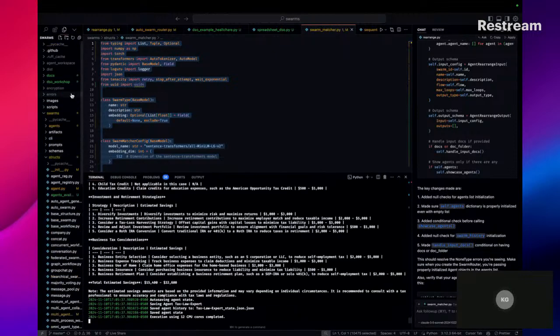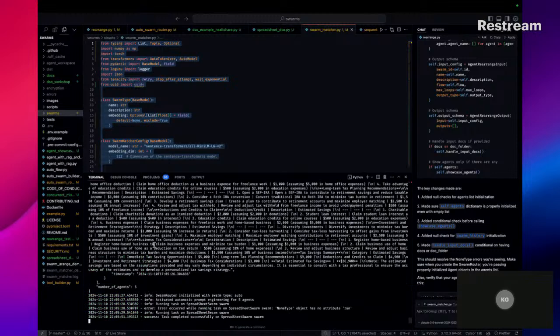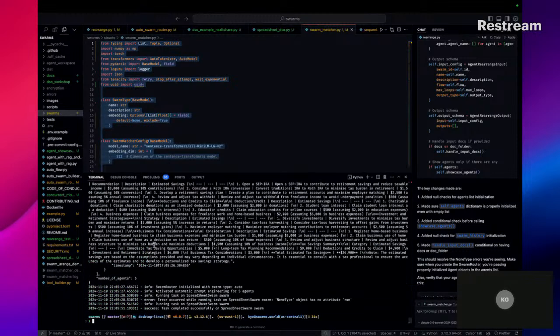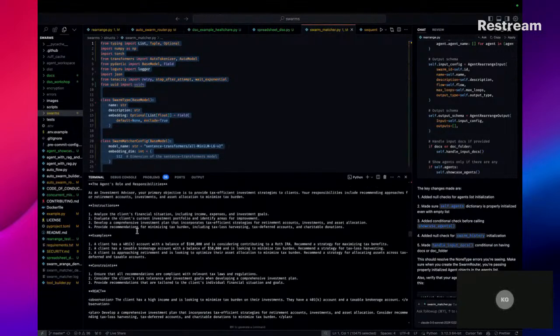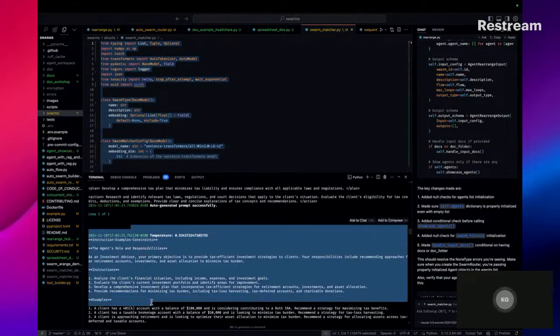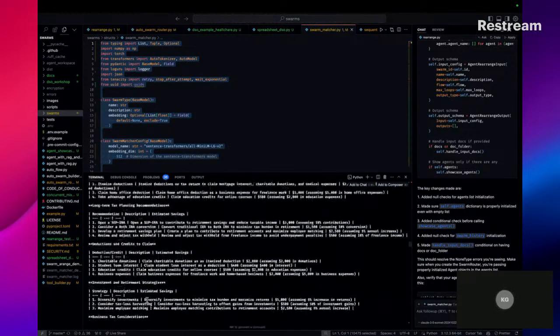It's running. And it looks like it did it concurrently as well. Yep. It did it. Let's see some of the results. So these are the prompts it made. It made these prompts for itself.